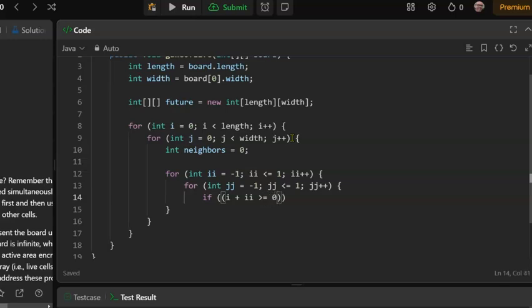It's got to be greater than or equal to 0, and it's got to be less than the height. Actually, I don't need the parentheses there. We can just leave it like that, and then say,